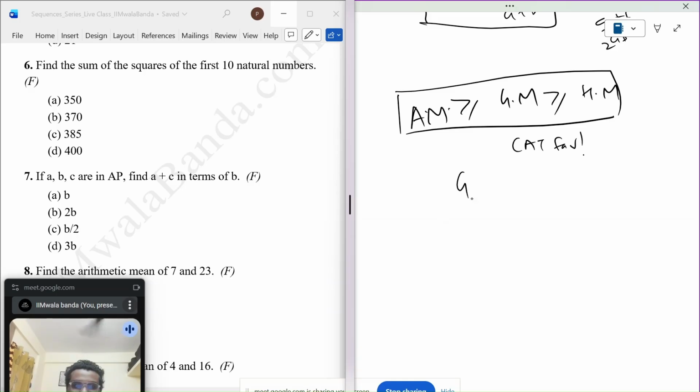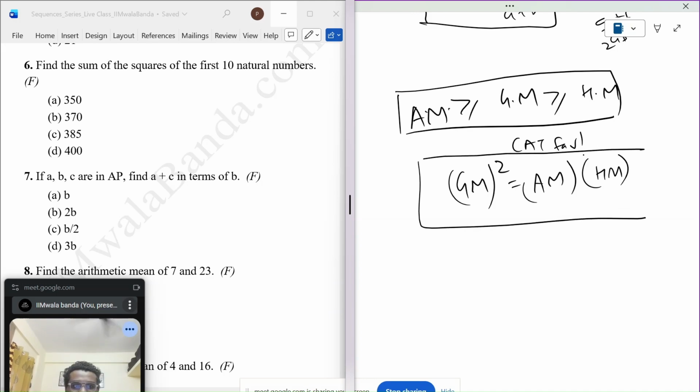Now another thing that we need to know is geometric mean square is arithmetic mean into harmonic mean. It looks odd, how did we get here? But this is also very useful in questions, and we need to remember this as well. And with very basic logic, you can see that this is true, because root AB